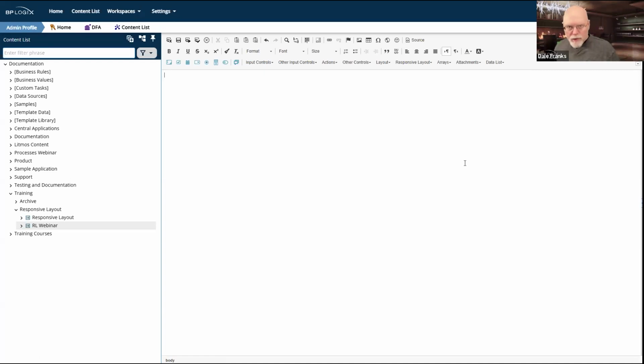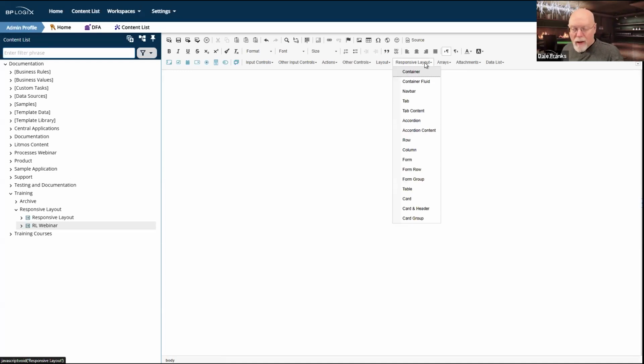The controls for the Bootstrap implementation all appear in the responsive layout controls menu. And the first thing you're going to think is, well, wait a second, I don't see a responsive layout controls menu in Process Director. If I open up my online form designer, that menu doesn't exist.